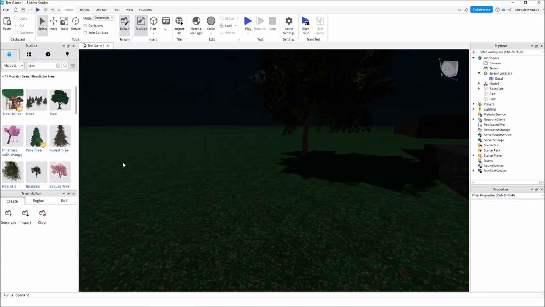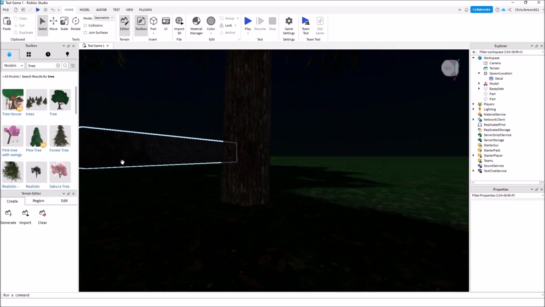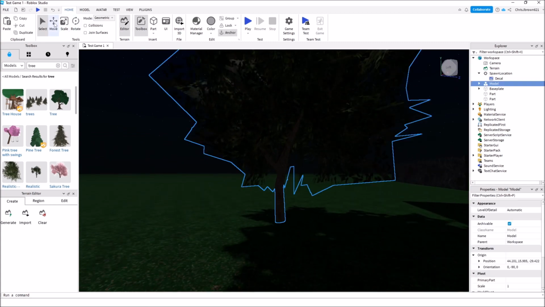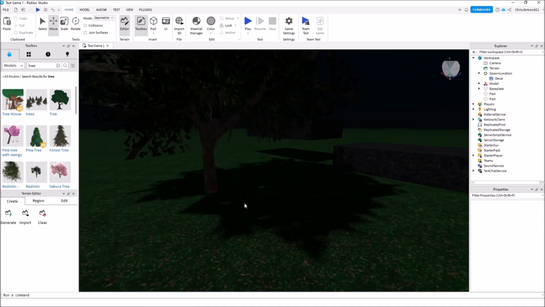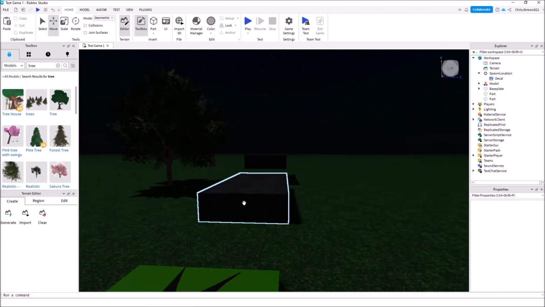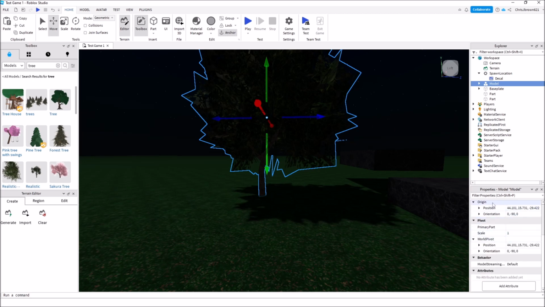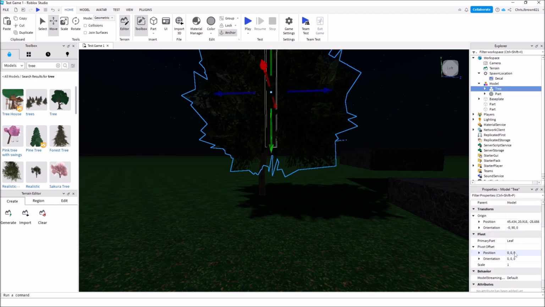And I'd always check this too. Is it actually on the ground? It looks like it is. If you're ever unsure, you could always just go to move and just bring it down just a tad anyway, when you're 100% sure that thing's in the ground. And always remember what I said about models. This one we can't check it there, so let's go up here and we're going to look and click on tree,